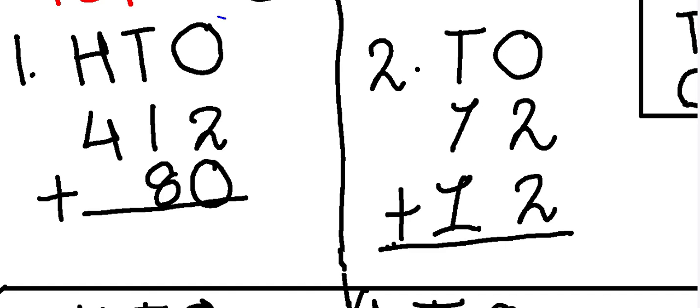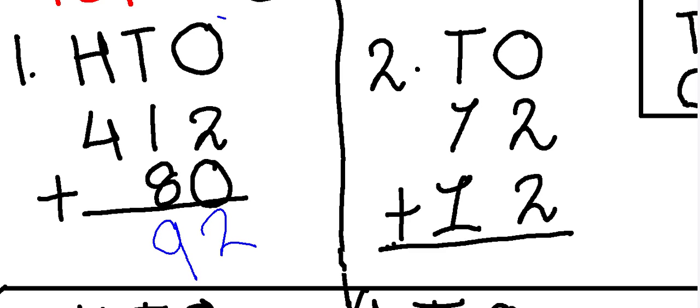So this is 2, this is 0. So if we have 2 chocolates with us and nothing more, so the answer will be 2. Let's come to the tens column. Here is 1 plus 8. So imagine that you have 1 candy plus 8 candies. So we will count from 8 and we'll add 1. So 8 plus 1 will be 9.